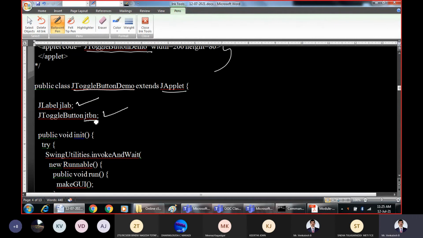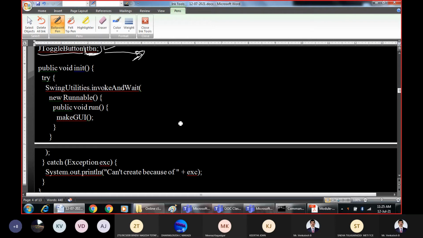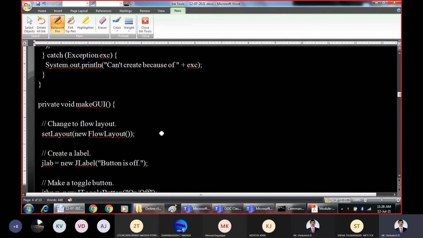So JTBN is an object of type JToggleButton, and this object can store the toggle button, which can change always between true and false. So two objects we are declaring, JLabel and the toggle button. As usual, this part is same, no difference in this initialization. Only thing is the difference lies in the graphical user interface, how we create the GUI.